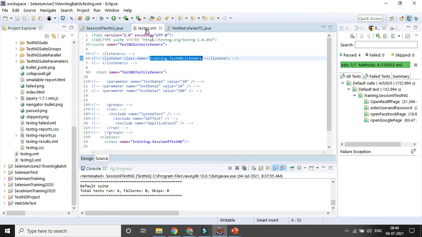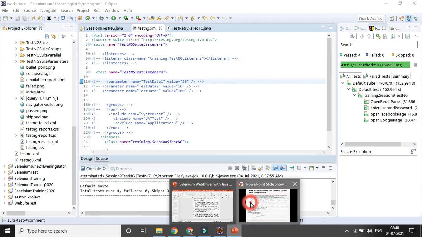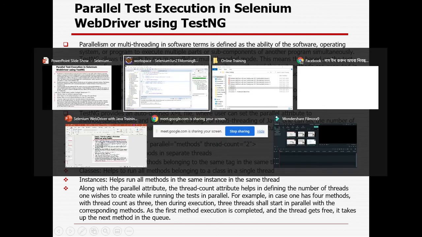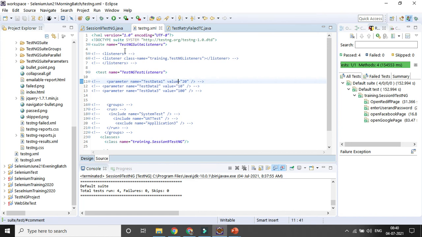So here what I will do is add a few more attributes in the suite tag. In the testng.xml file, we have the suite name, and I can change the suite name here. So in the suite tag, I add parallel,